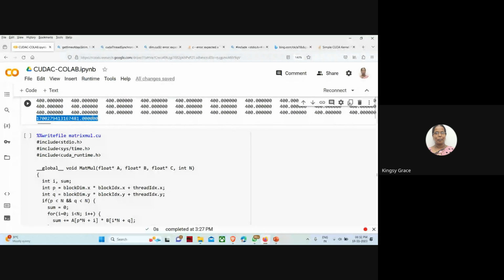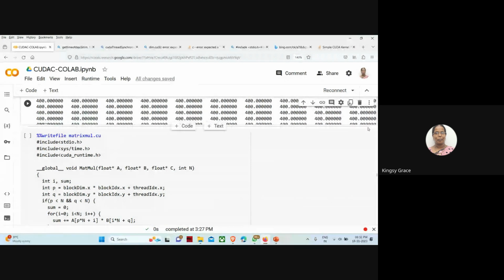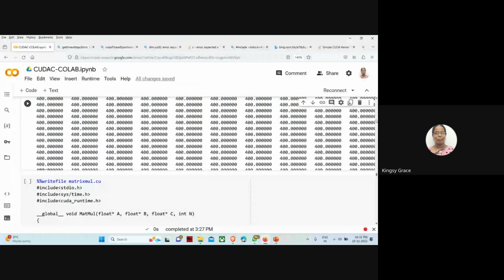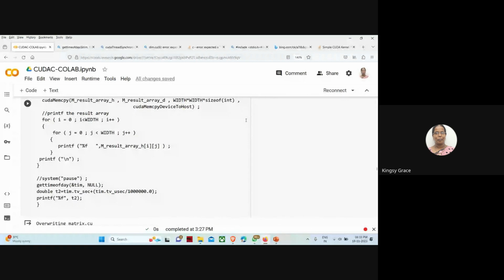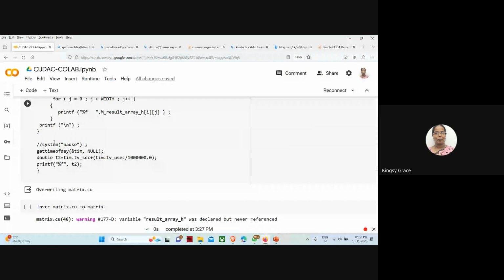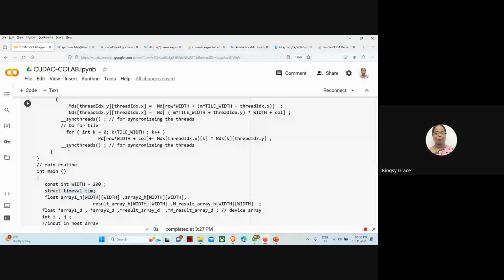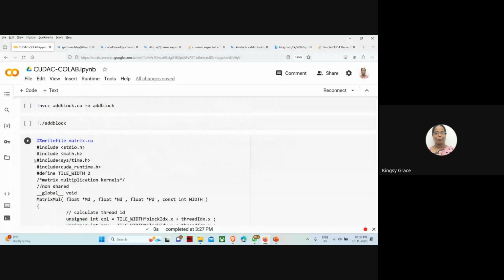After that, the execution time is shown here. You can calculate the execution time because this is a C program. You can easily calculate this for a bigger matrix. So you include some predefined values,